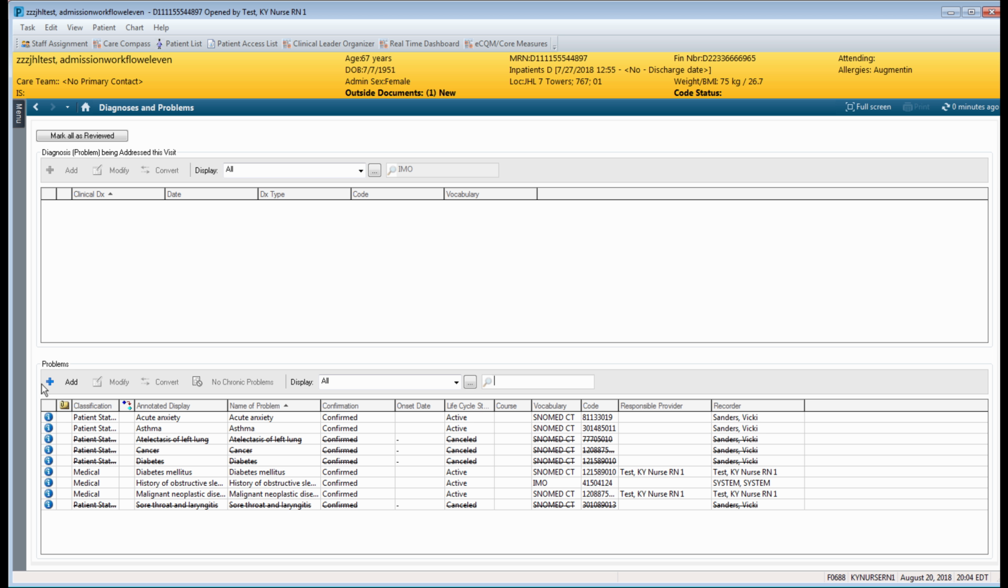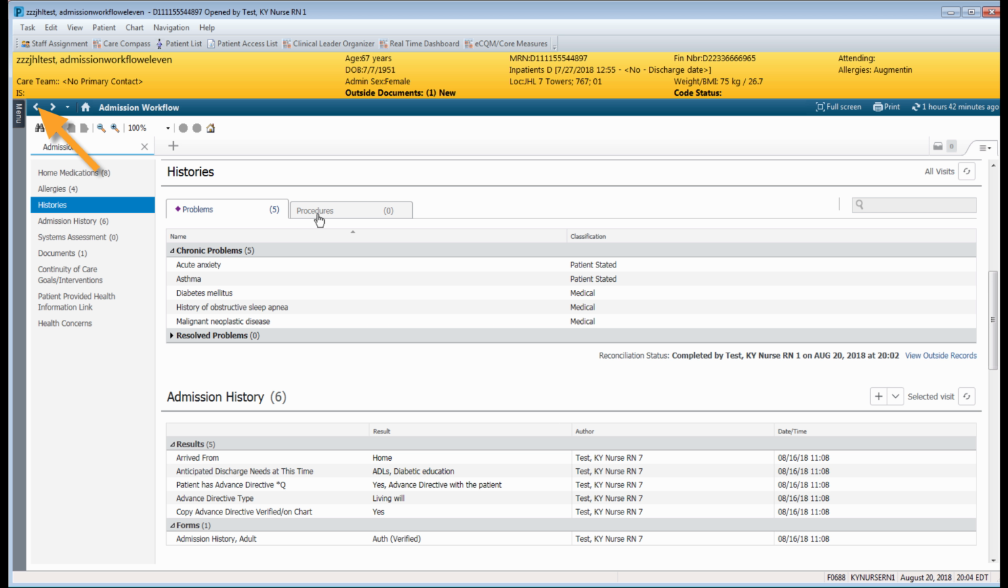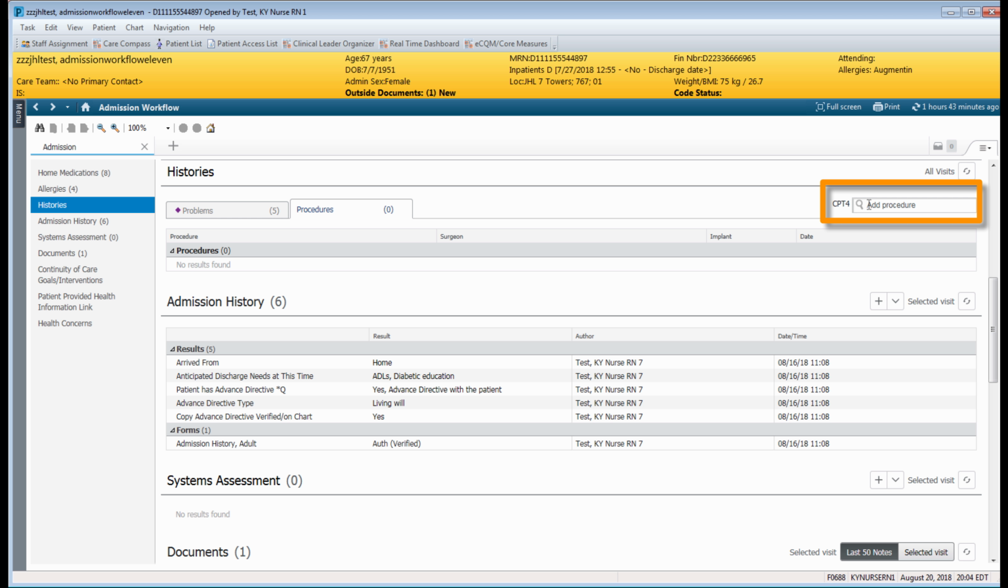Clicking the back caret, you will see a second tab on the Histories component for procedures. On the top right corner, you will see a box to add a procedure. Here, for instance, to add appendectomy,